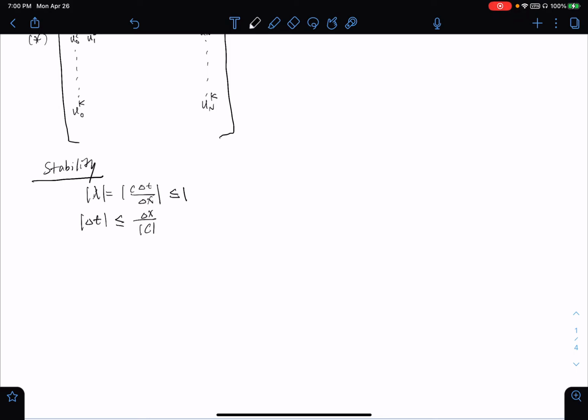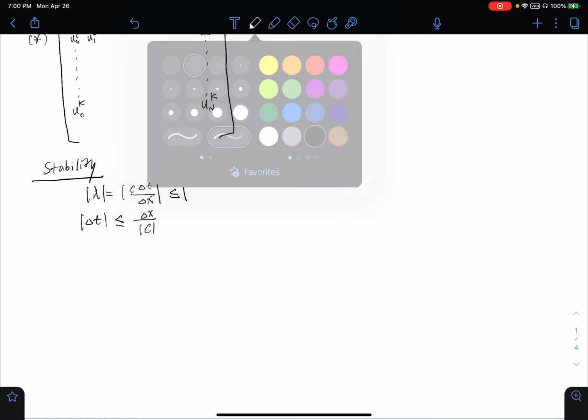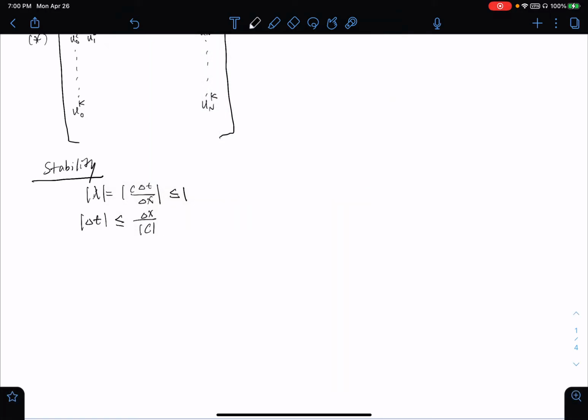So we should choose a time step small enough so that it satisfies this condition. Of course, we don't like to choose a very small time step so that it takes forever to generate a numerical solution. But at least we should know the time step must be at most this constant. Okay, so